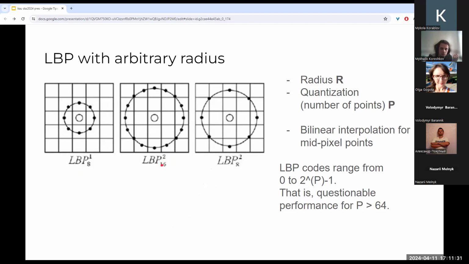And here we can see 16 points, and that's half of a usual integer. And yeah, more than 64 points is very questionable, because the architectures that we are using are typically 64 bits, and everything after that is really awkward to work with